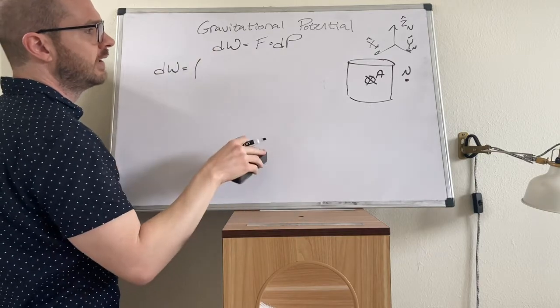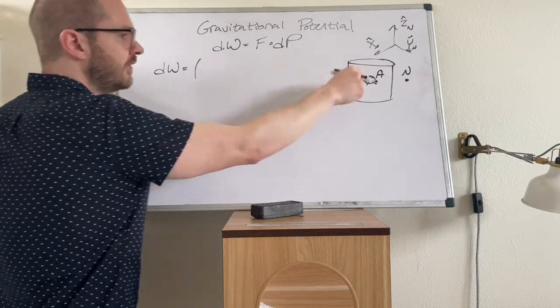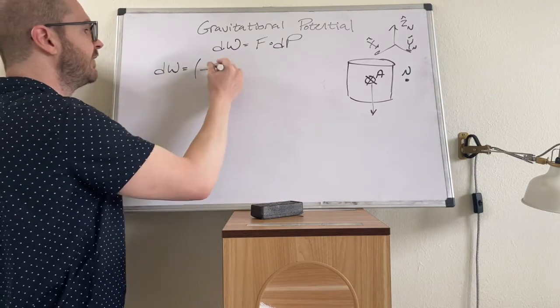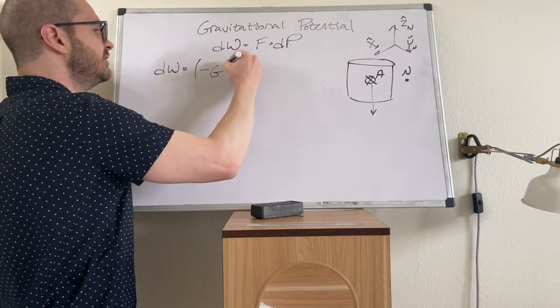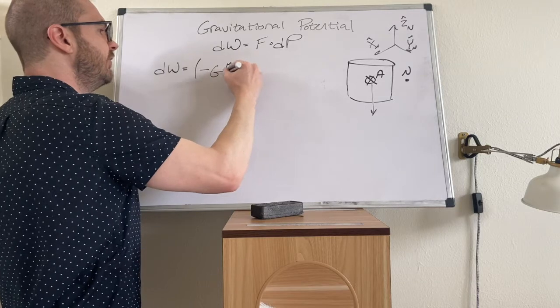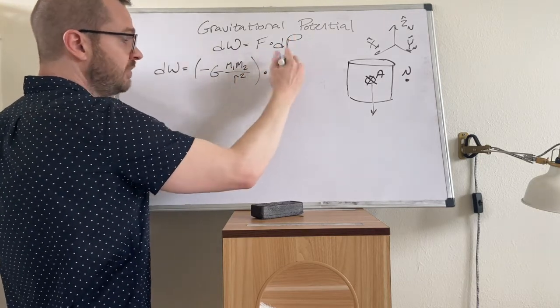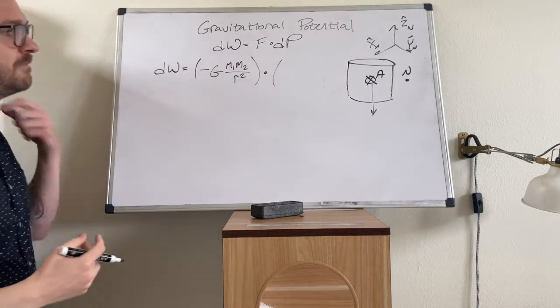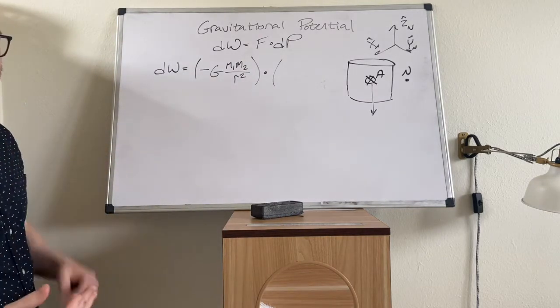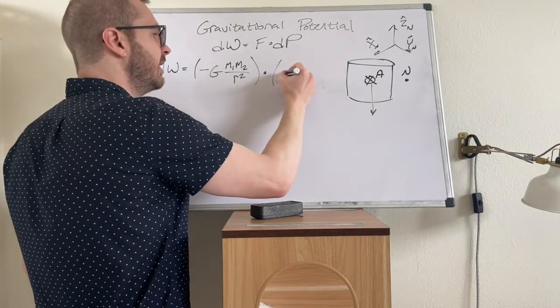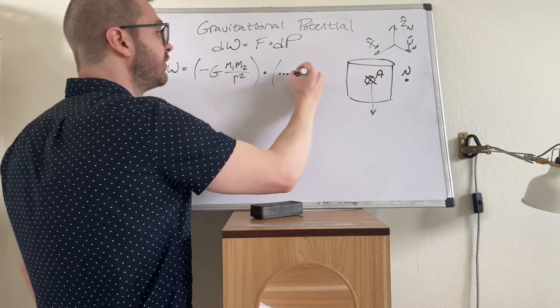Let's write it as, we know that the gravity is going to point down, so I'm going to go ahead and put the negative in front. So negative G m1 m2 over r squared, and then dotted with the differential position. We do know that those translations in the x hat and the y hat are going to equal 0. So I'm just going to say dot, dot, dot for those first two terms plus